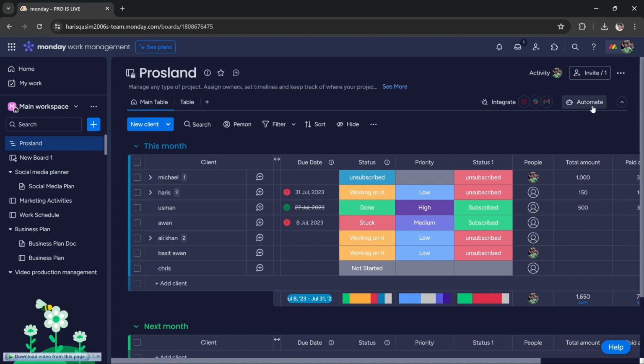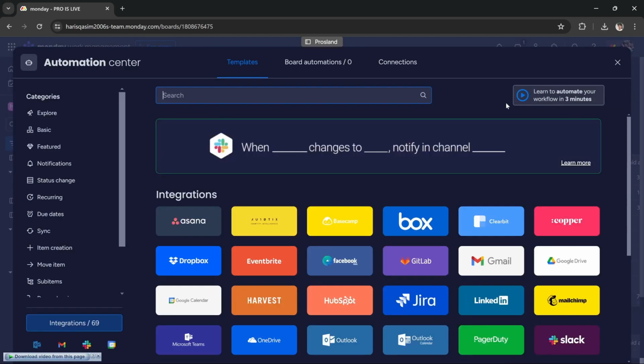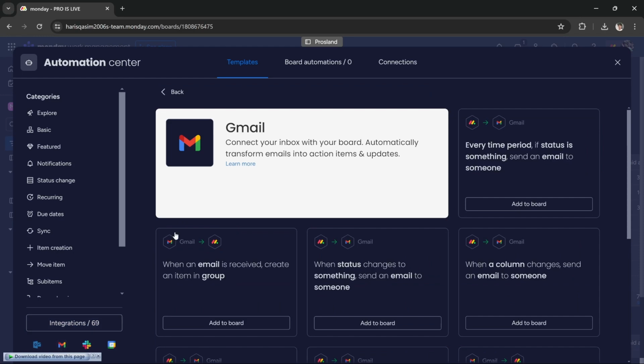on the top right corner here is a button that says automate, or you can select this button that says integrate. So you can press this integrate button and you get a lot of apps, but if you see under integrations it gives us four options like Gmail, Slack, calendar. Here we have to select Gmail, and then we have a lot of options like when a status changes to